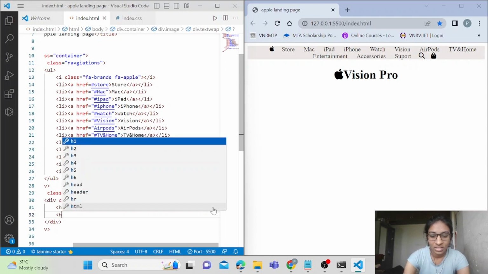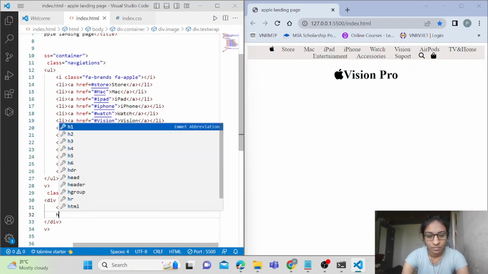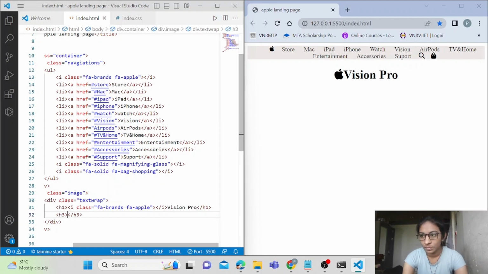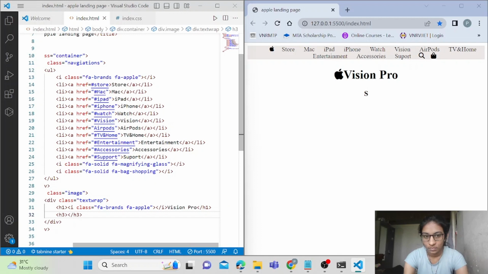And in H3 style, I'm using a paragraph, which is welcome to the